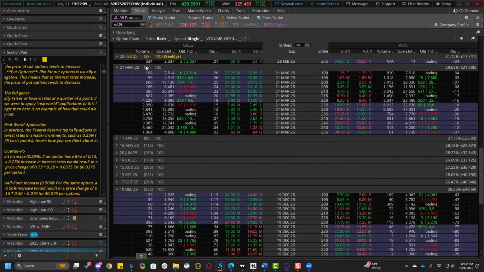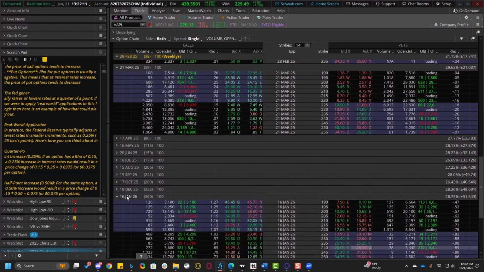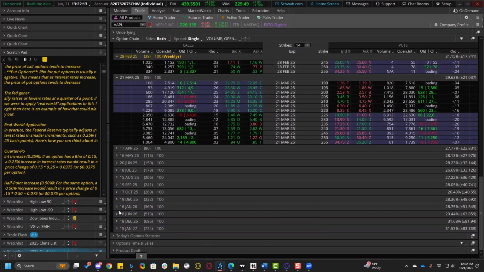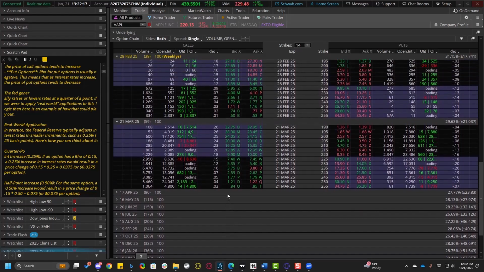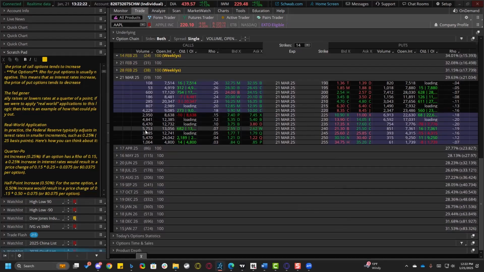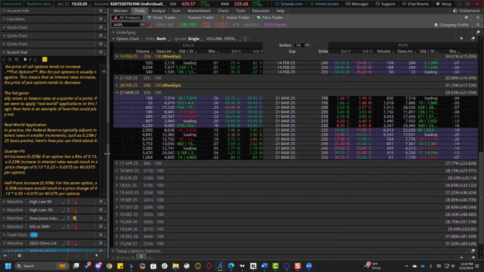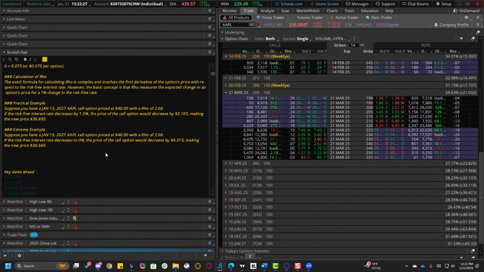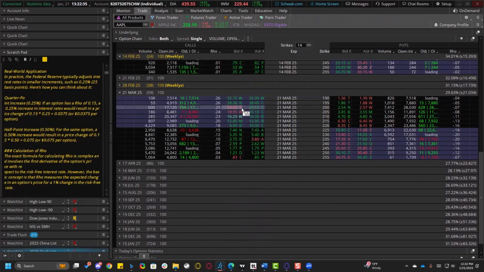Well, between now and the next 59 days, we've got one FOMC meeting, and it's likely that they're going to punt or not decrease rates at all. And even if they do, they're only going to decrease it 0.25 point, and 0.25 point would make almost no impact to that option's price. Once we apply things like time, volatility, the price of Apple moving up and down, earnings, Rho will have almost